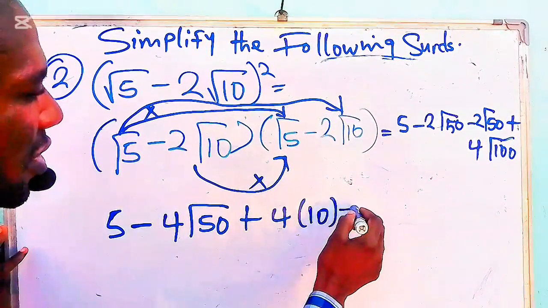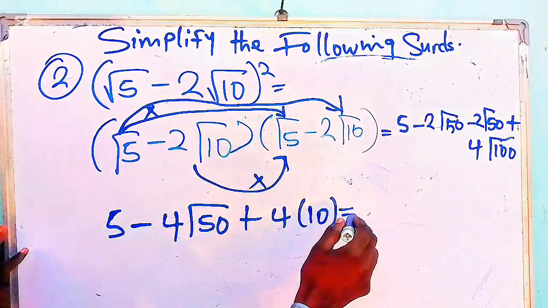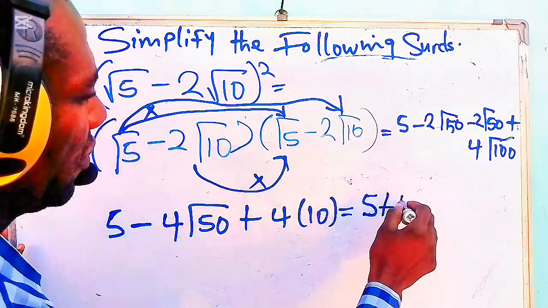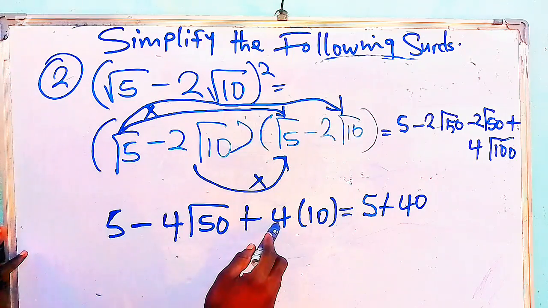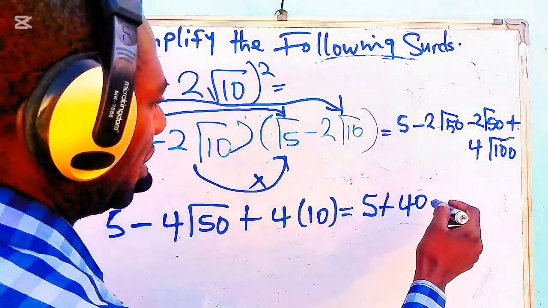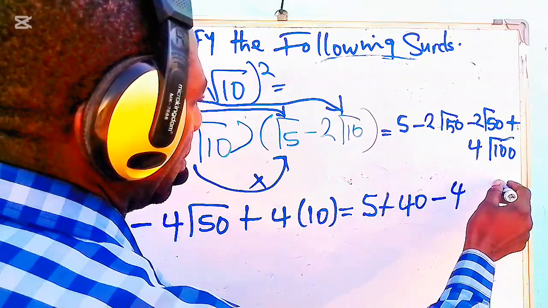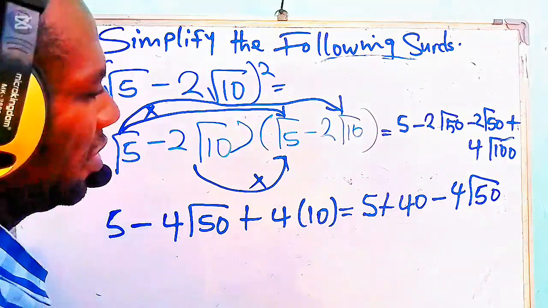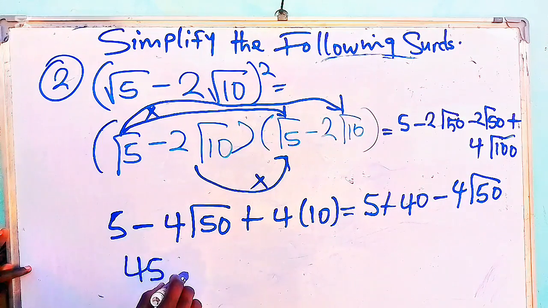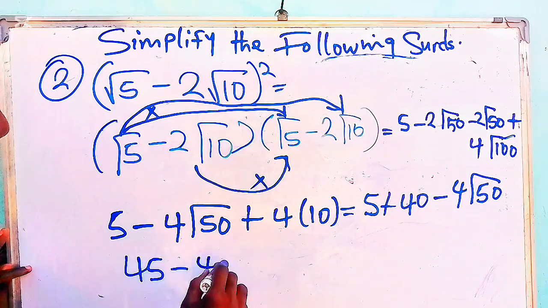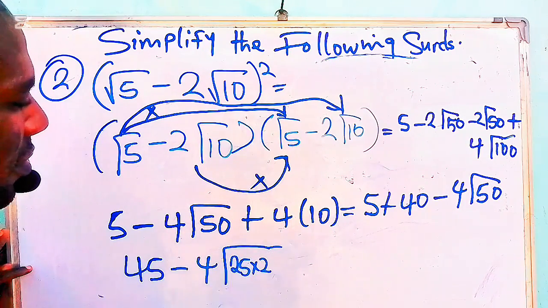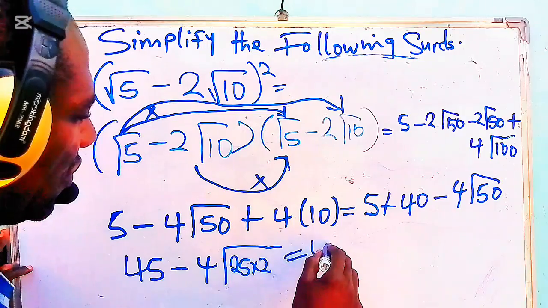At this point, equals to, I'm going to have 5 plus 40. Where do I get 40? 4 times 10 is 40. So I bring it closer to this. Then minus this, 4√50. Let's simplify it further. We have 45 minus 4√25 times 2. At the end, we are going to have 45